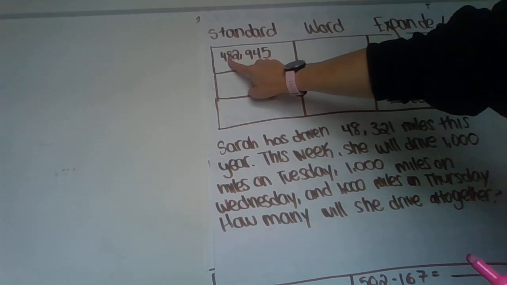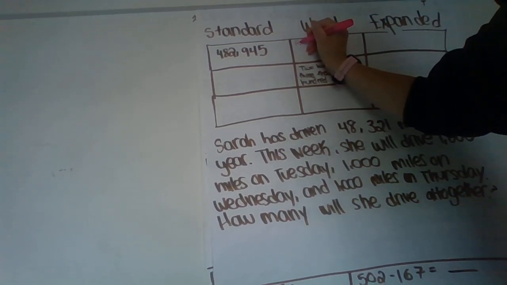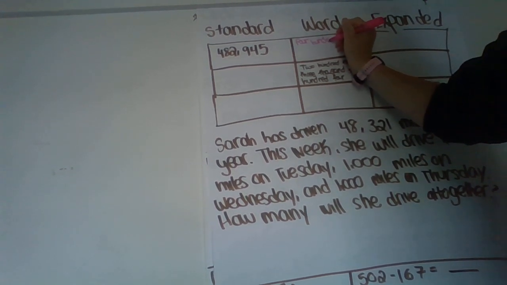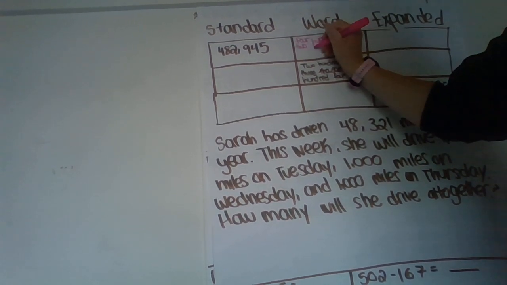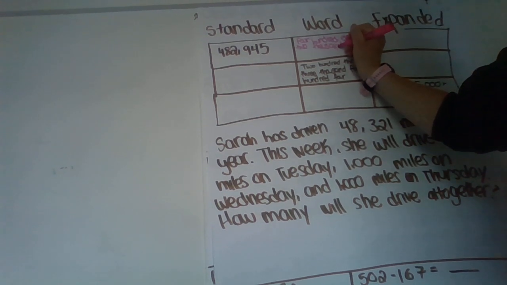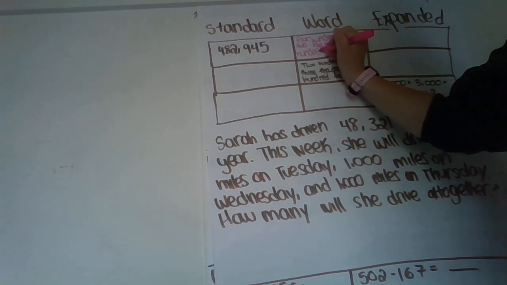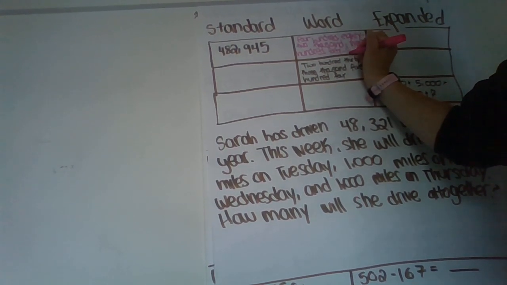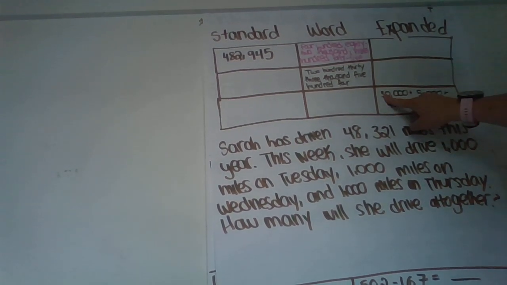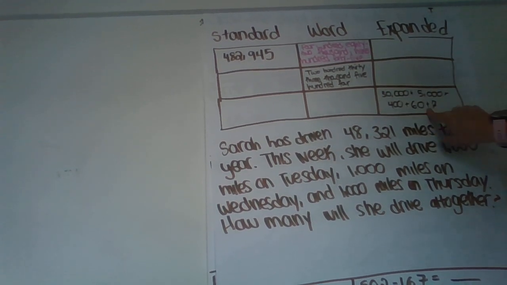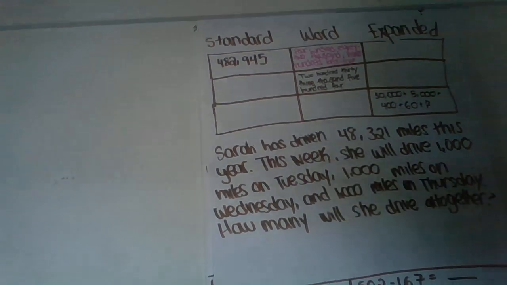So 482,945. I'm going to write it right here. 482,945. And then expanded form, I can remember pretty easily just looking right here. We're doing the biggest place value plus the next biggest and so on until we get this. So I'm going to just start with this number right here, which is